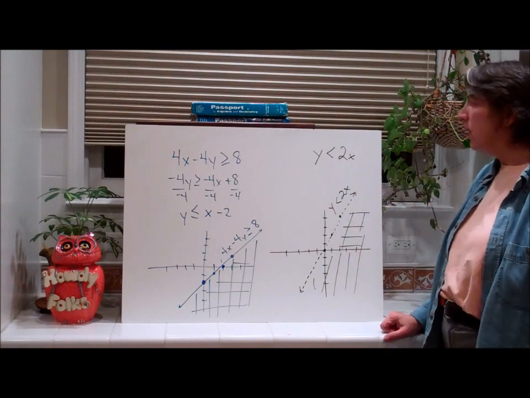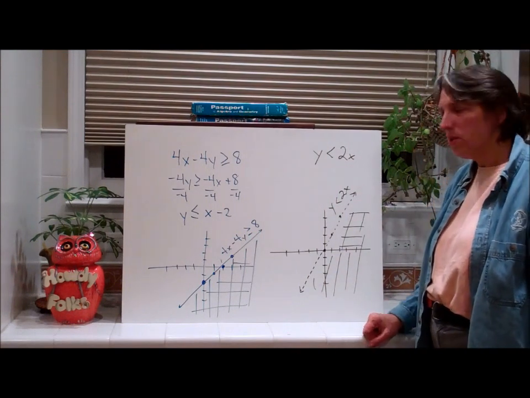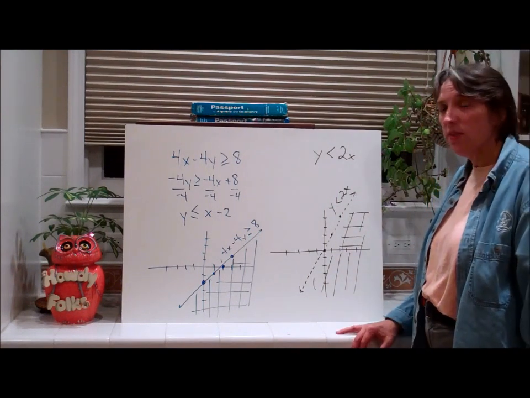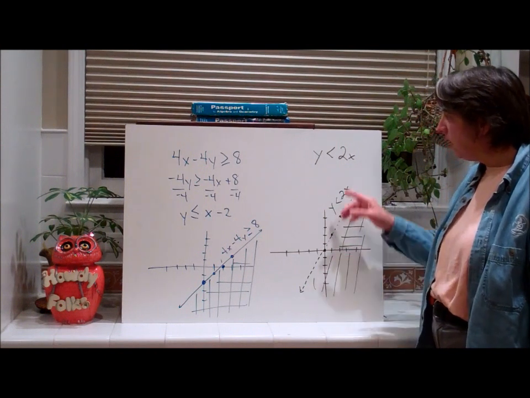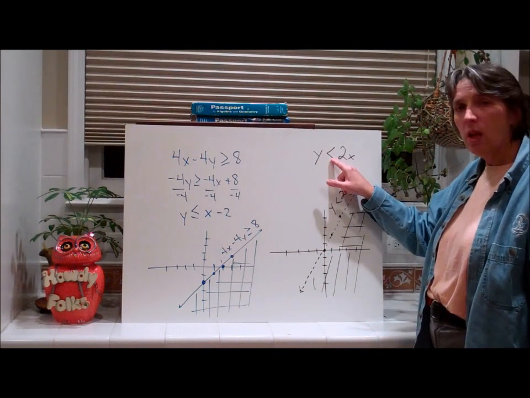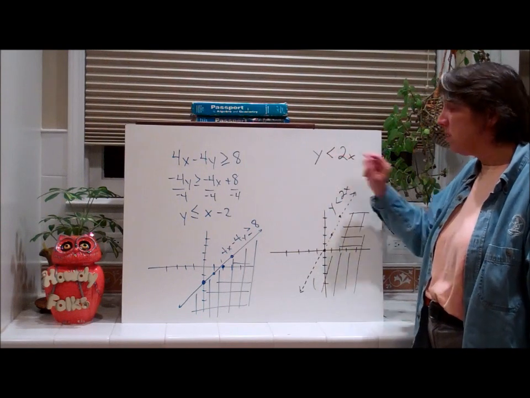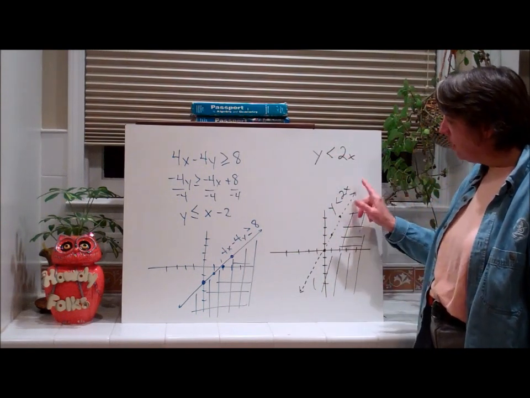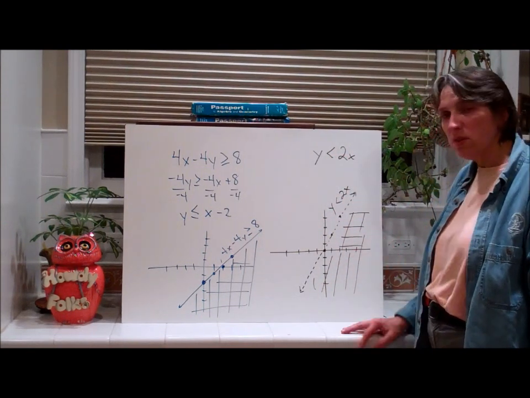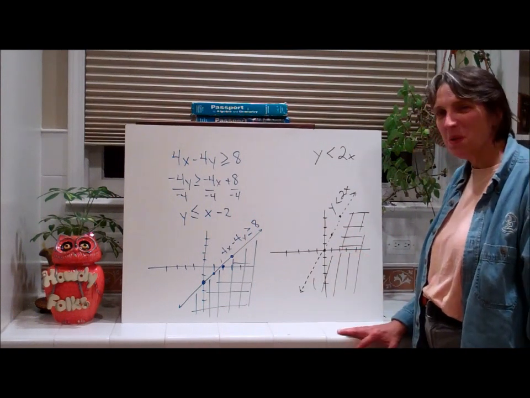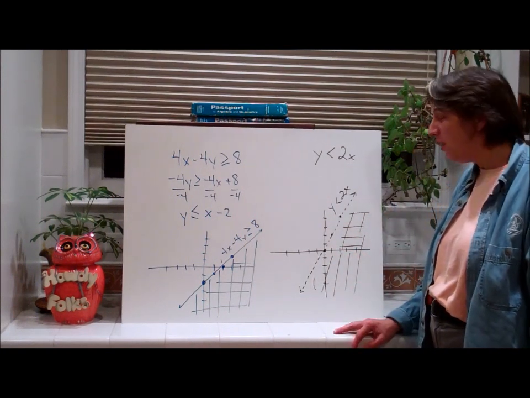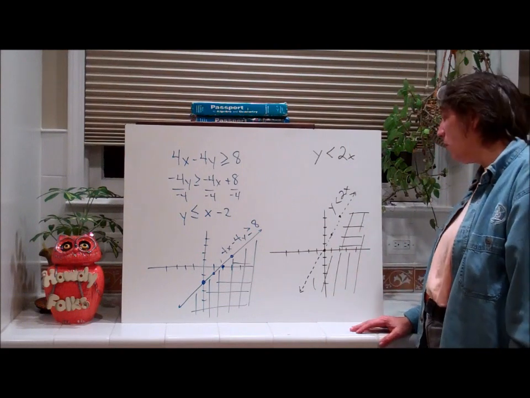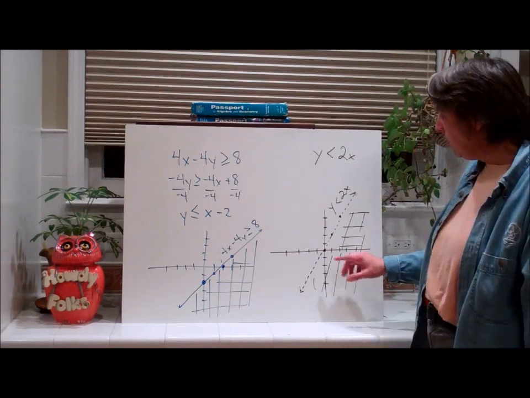Y is less than 2x. Well, what's my y-intercept? 0. Remember, if it's not there, it's 0. That one's tricky, but you should know it's not a solid line, it's a dashed line, because it's less than. So dashed line, now I have to determine where it is. This is a little bit trickier because my point 0, 0 is where my graph goes through. So what do I want to use? I'm going to use the point